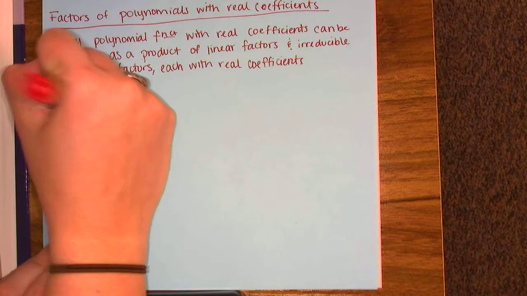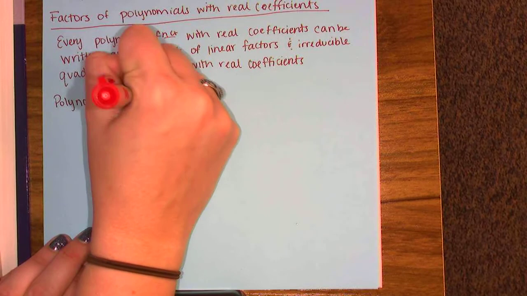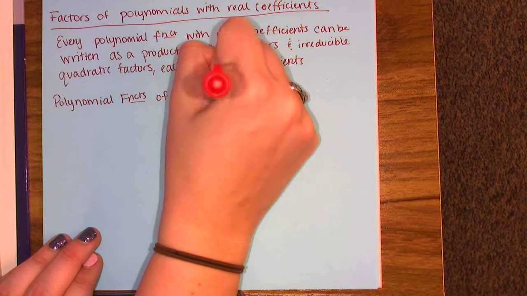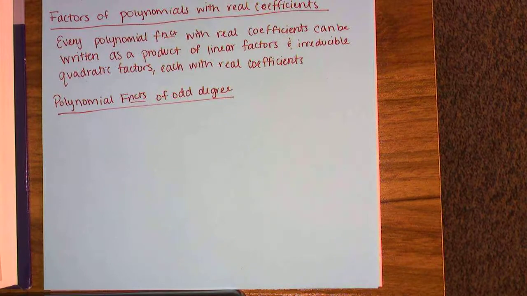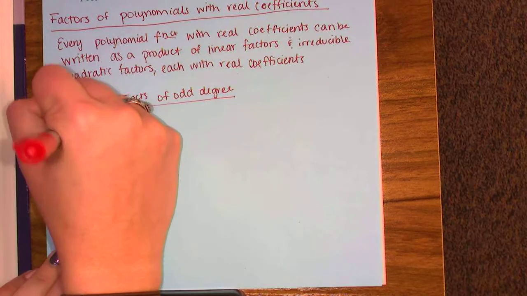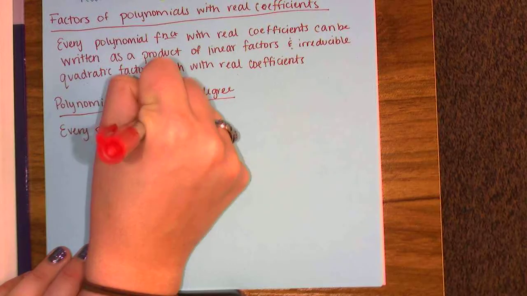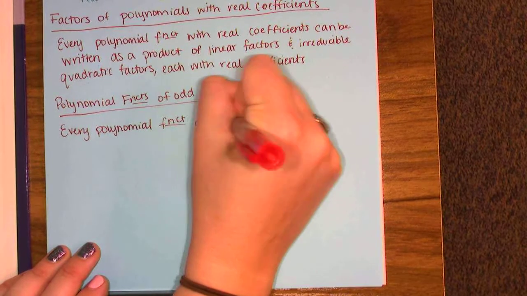Alright, and then the last note, and then I'll do some examples. Polynomial functions of odd degree. So it's a little strange. Every polynomial function of odd degree